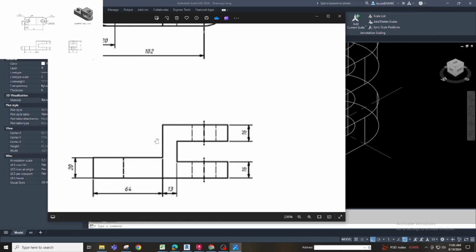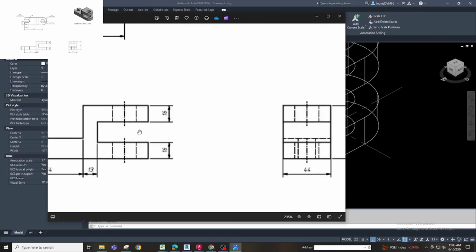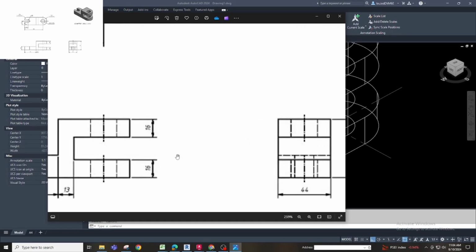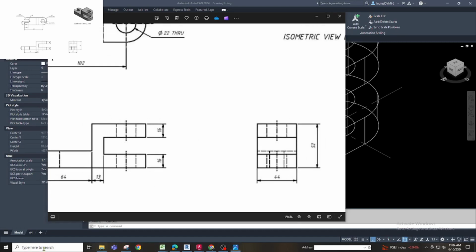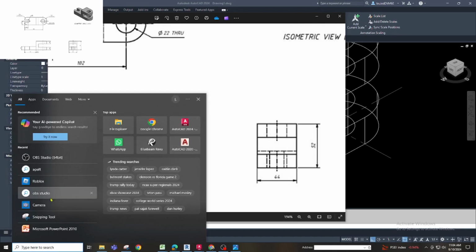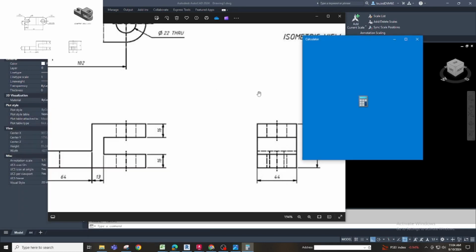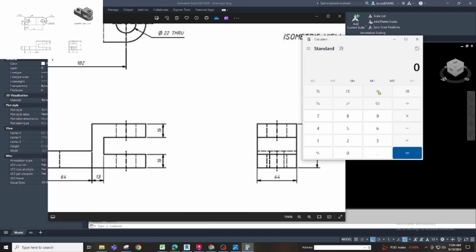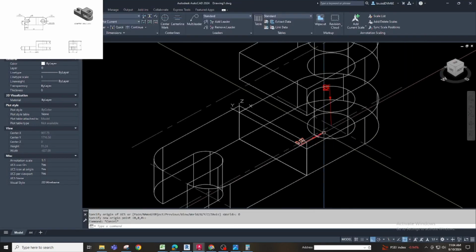See the height of this area is 52 minus 32, so 52 minus 32 is 20. This dimension will be 20.